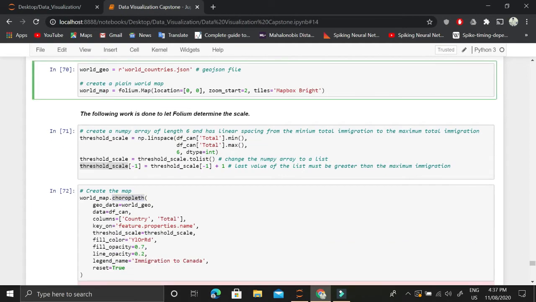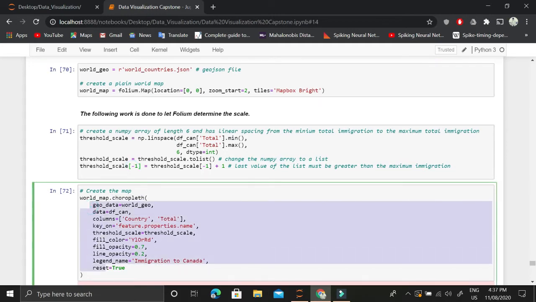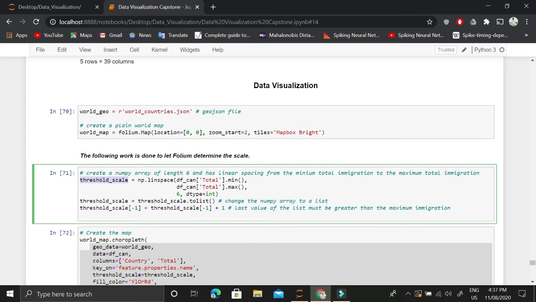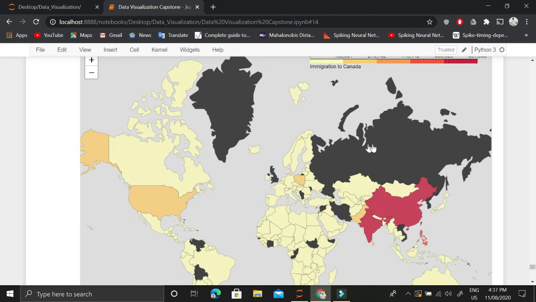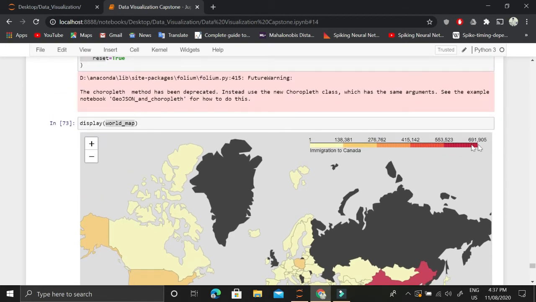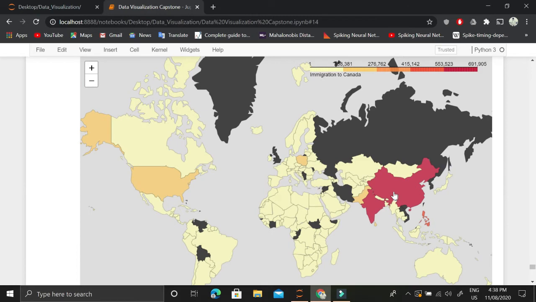Now, before I explain all of these details, let me tell you this scale value. First of all, this is the final map that we will be generating. On the top of world map, we have total number of immigrations for different countries. Now we want to visualize these immigrations. The thing that we are interested in is the minimum number of immigration towards Canada by any country, which is 1, and the maximum number of immigration towards Canada by any country from 1980 to 2013, which is more than 691,000. So this is done by this reddish country.